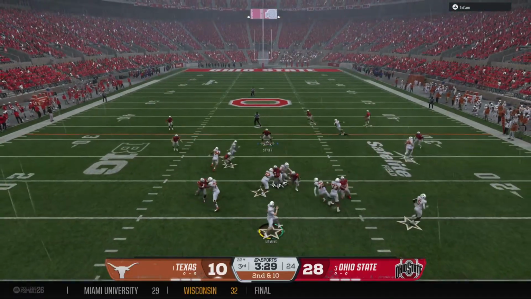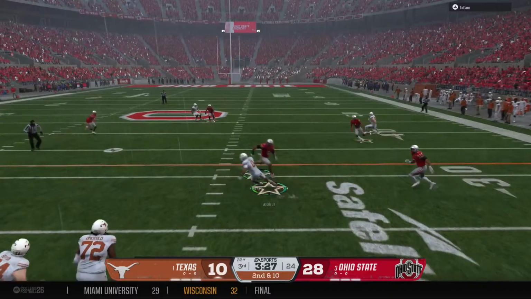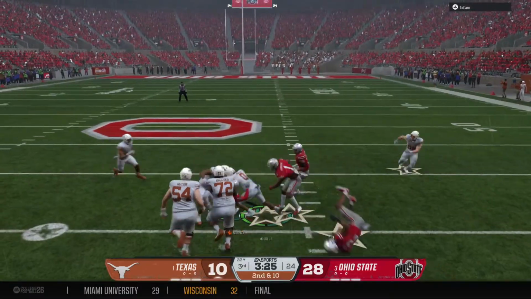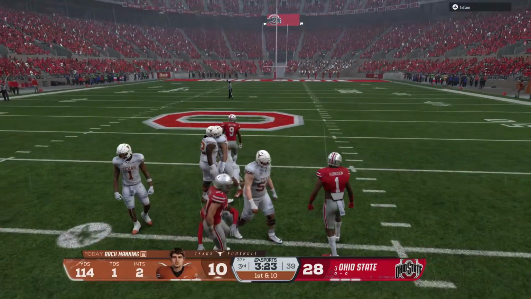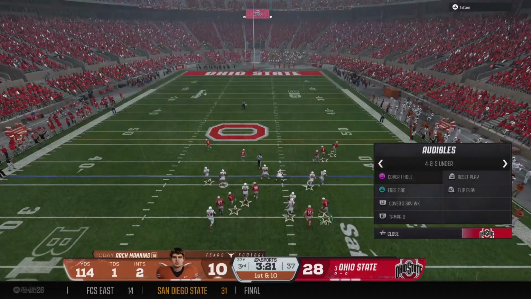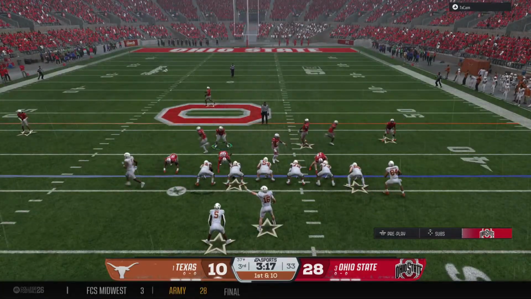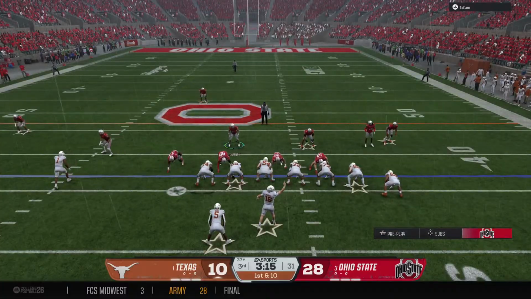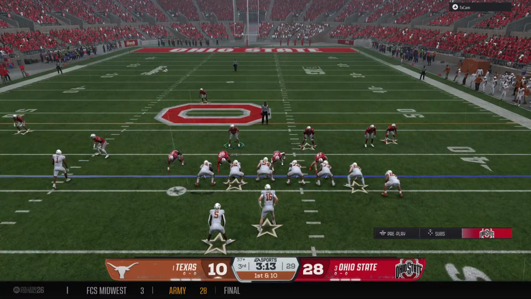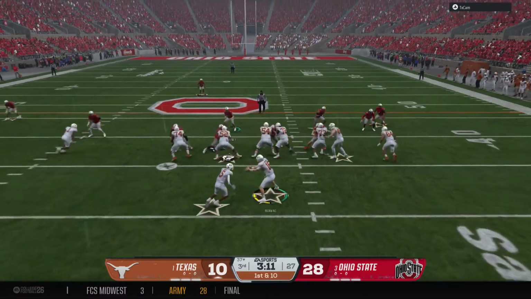After the incompletion on first down, looking to throw it again. With the catch, it's Moore. Tackle made at the 37. That's a solid gain. The Longhorns will hustle to the line to crank the tempo. Look at this, Chris. After that big gain and a first down, they're already at the line of scrimmage, ready to get this up-tempo offense cranking.